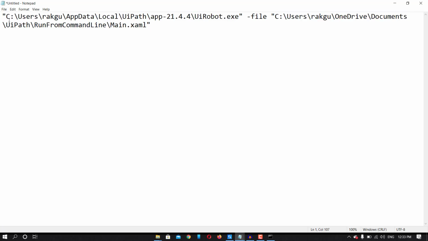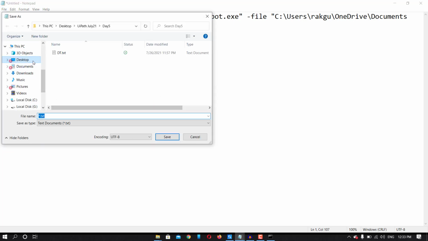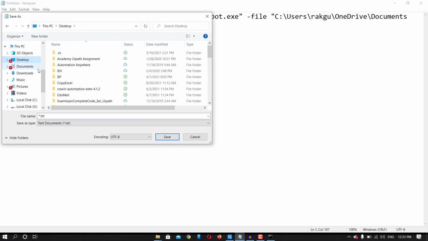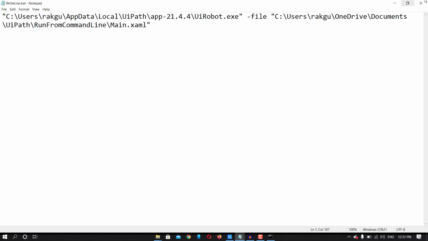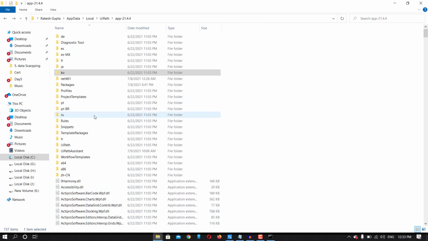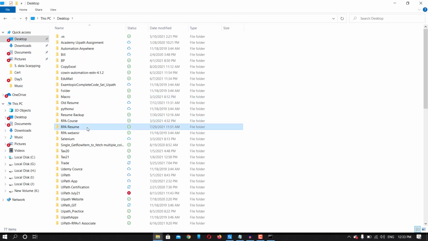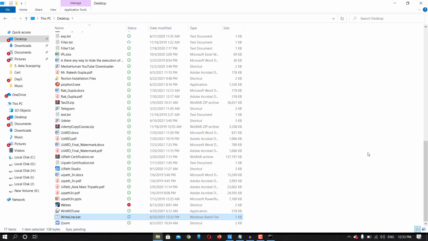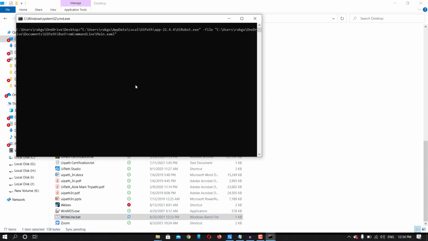Now I will save this, save as, let me save it as write line dot bat. Now if I go to my desktop, you can see here I have the write line dot bat. If I double click this, it will execute the robot.